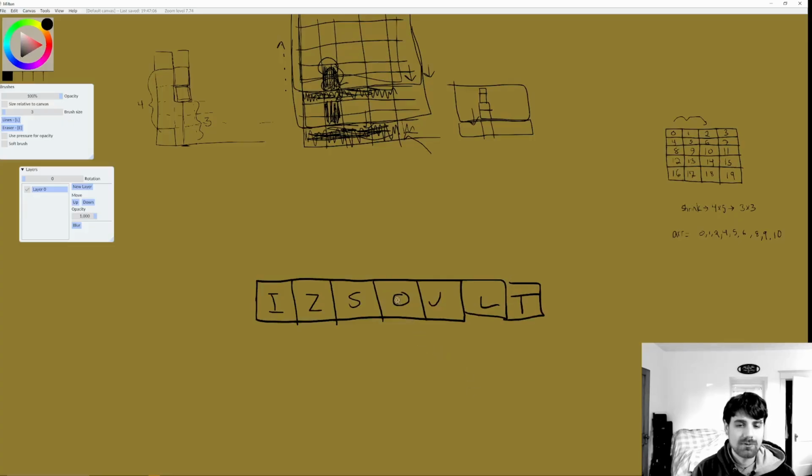And what we will do is, this is our queue. We will start on the I, so it'll point here, and then after we do the I, we'll point to the Z, and after the Z to the S, and so on until we get to the T, and then we will wrap back around to the I. And maybe we want to show 5